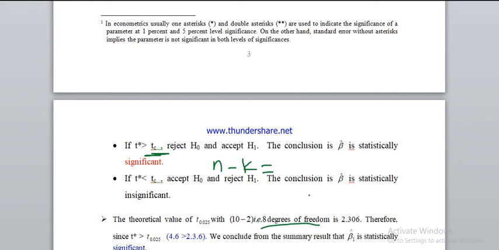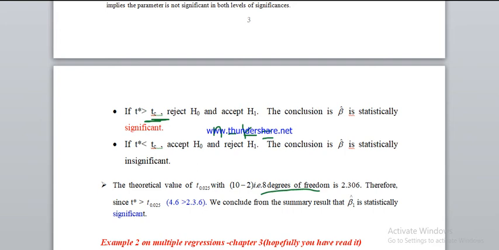Since our alternative hypothesis is different from 0, it can be negative or positive, so we have a two-tail t-test. For a two-tail t-test, we divide 5% into 2, it becomes 2.5%. So we read 0.025 at 8 degrees of freedom, and we get the t critical